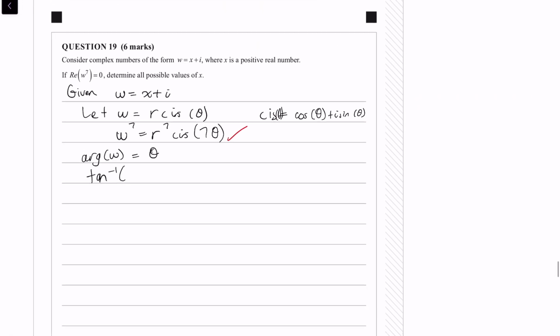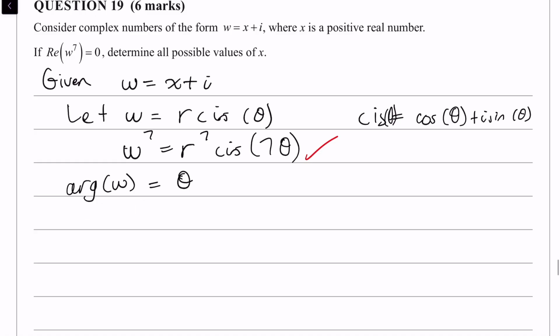We have tan theta equal y over x. So I'll just write that down quickly. So my tan of theta is actually y over x, which would relate to my imaginary coefficient component, and my x is my real. Okay,